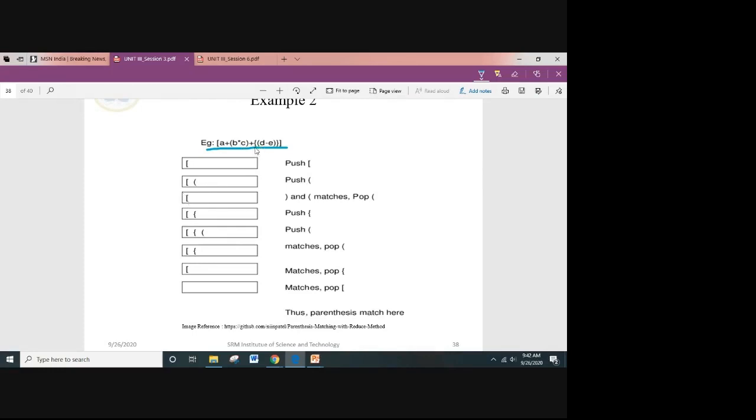Now comes the curly brace. That also you push inside. Then comes an open parenthesis. That also I have pushed inside. Now comes a close parenthesis. When a close parenthesis comes, don't push it inside. Pop it and say that it matches, right? So that is done. Then again a curly brace comes. Already an open curly brace is there, so you can pop it. Then again a close comes, the square bracket comes, you can close